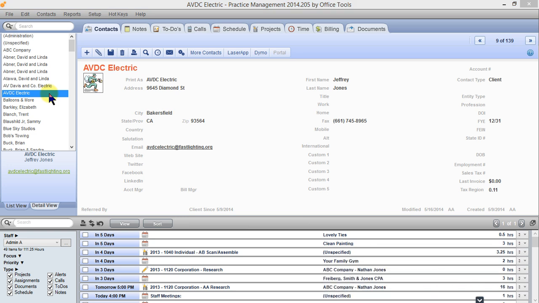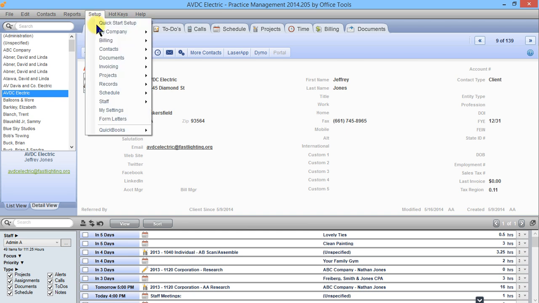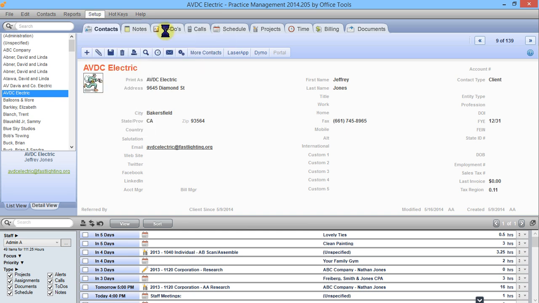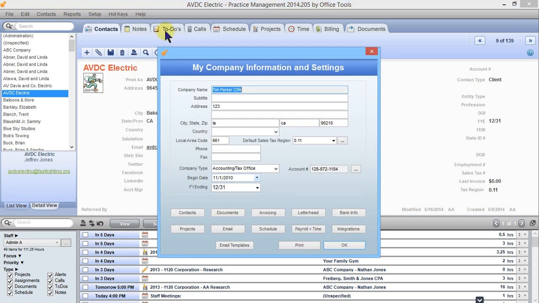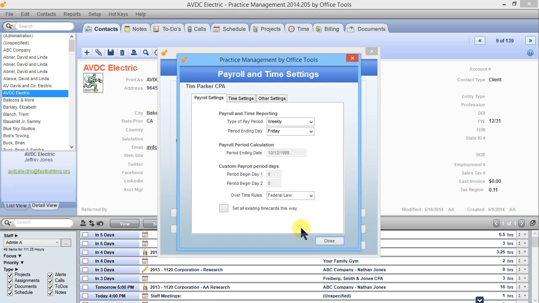When setting up payroll and time, what you want to do is navigate to the Setup menu at the top of the screen, My Company, Information and Settings. Now here in this window, there's a very specific area for payroll and time. This is where you're going to set up not only your pay period for reporting purposes, but various other time